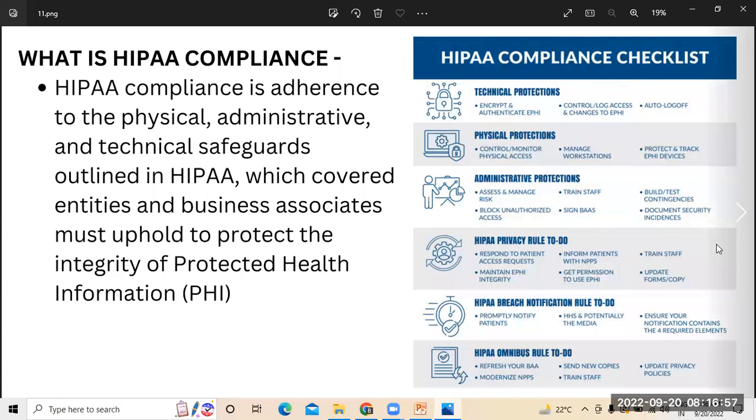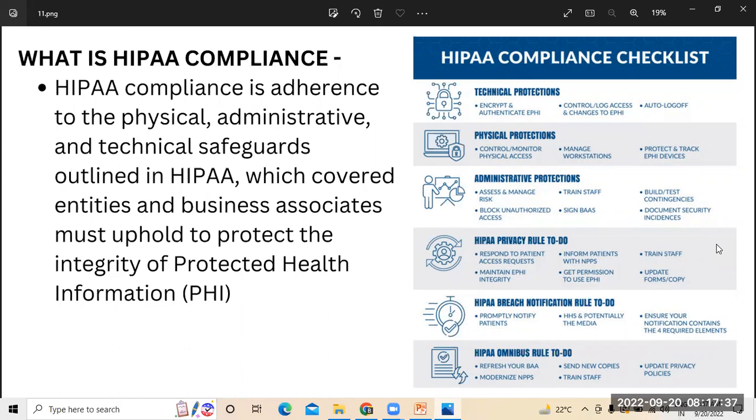So managing workstations also comes under the physical protection. Workstations means whatever systems they are using while performing the activity, either sending medical records to the insurance company or vice versa from an insurance organization. So managing workstations and all, everything comes under this category. At the same time, the third point is protecting and tracking the devices relating to the health information of the individuals. So that also will get protected physically.